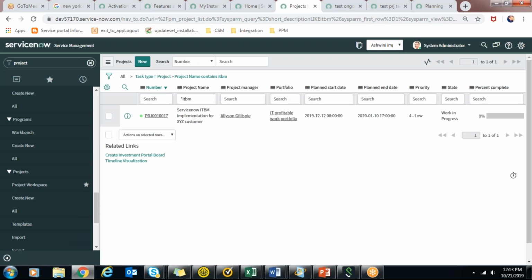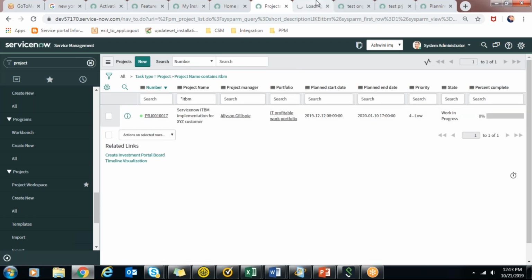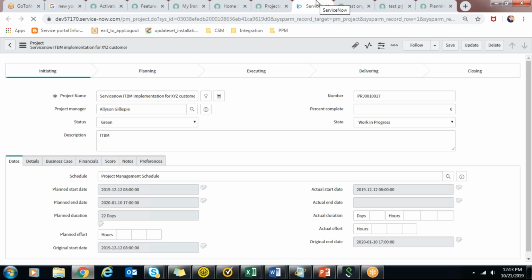There's a related link at the top, create project template. So whatever tasks this project has, you can create a template, and the next time you want, you can just apply that template.